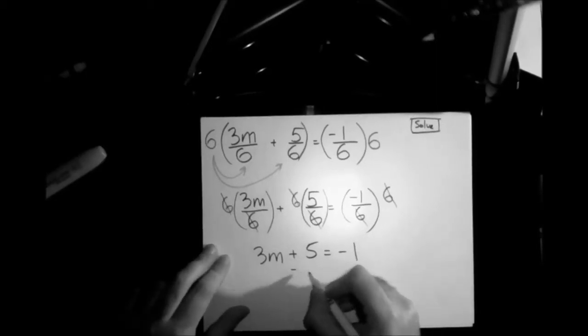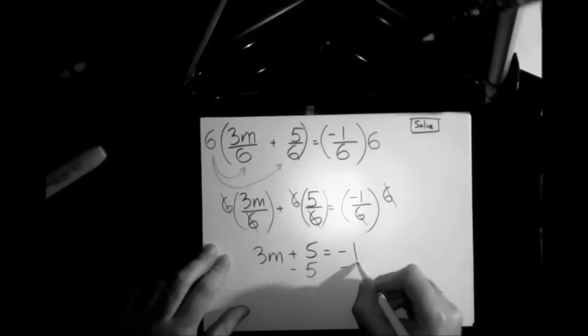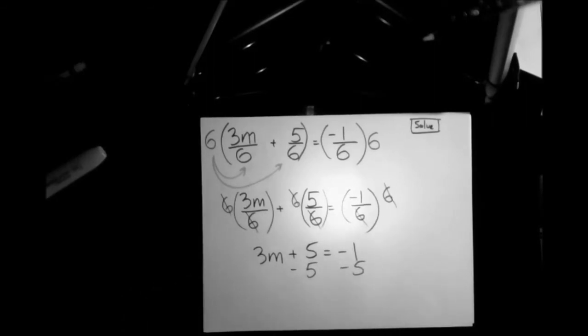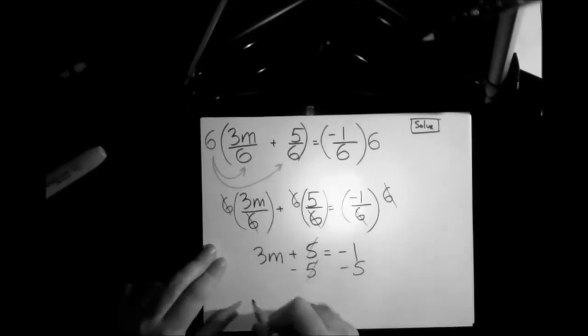This one, because it's further away. I'm going with the standard rules now. Alright, so plus 5 minus 5, that's gone. And here I'm left with 3m